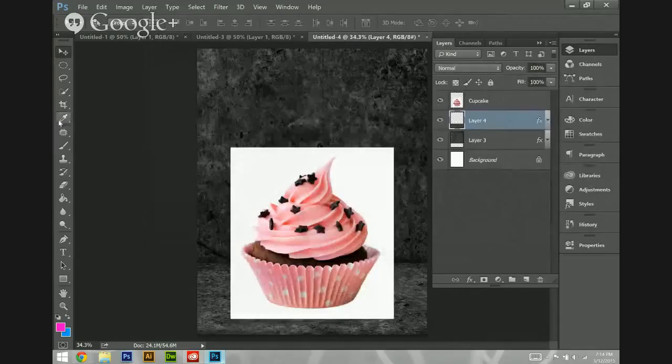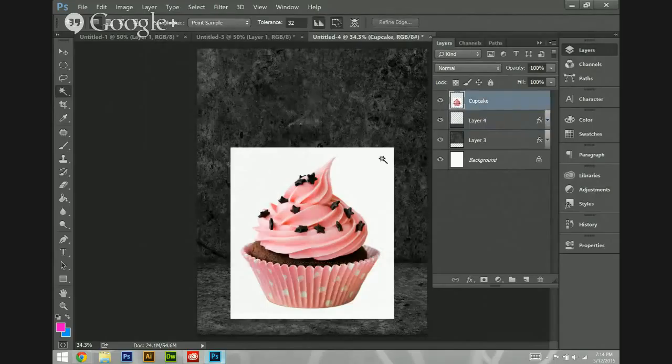So the cupcake, I'm going to use the magic wand tool, not the quick select. Whoop, I'm on the wrong layer. See, this is what happens. So I'm going to be on the cupcake layer. I'm going to select that. See, the tolerance is at 32. So any color that's very similar in range is going to pick up. I don't like that because